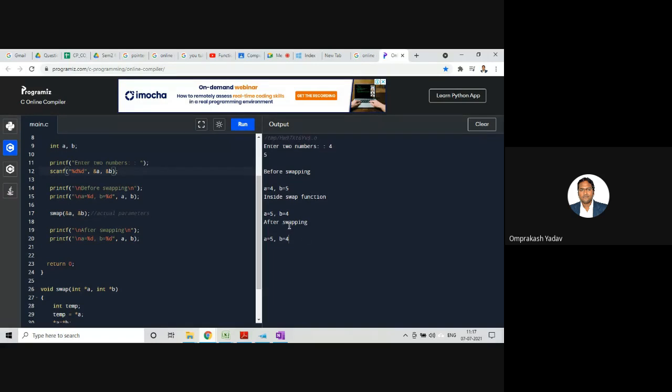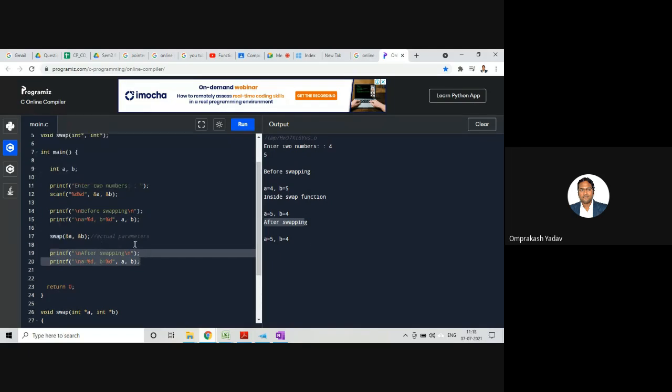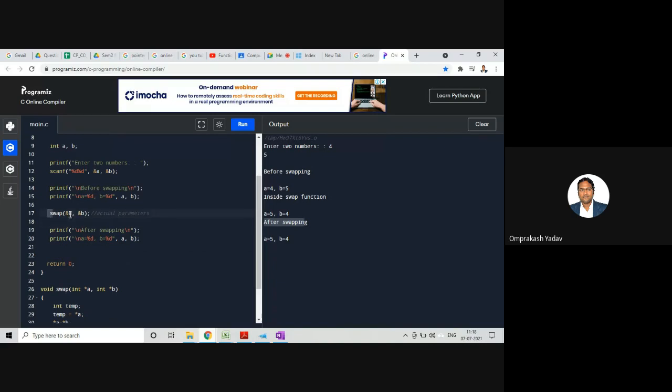Okay, now if you see here, before swapping A is equal to 4 and B is equal to 5. Inside the swap function it is 5 and 4, so it got swapped. And even after the swap function call, inside main we see that A is equal to 5 and B is equal to 4. When we do the swap function call, we are passing the addresses of A and B, not duplicate values.